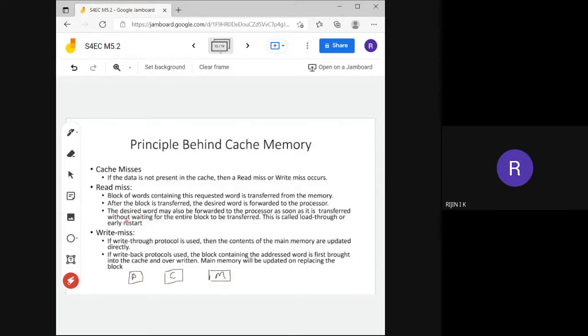Then another method is that the desired word may also be forwarded to the processor as soon as it is referred, without waiting for the entire block to be transferred. That means